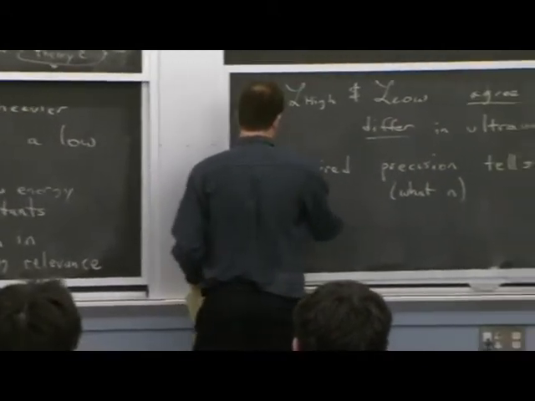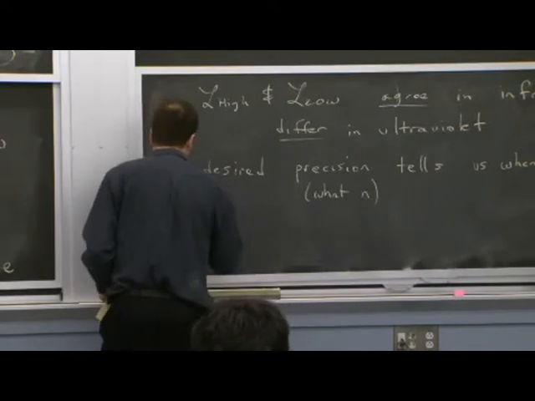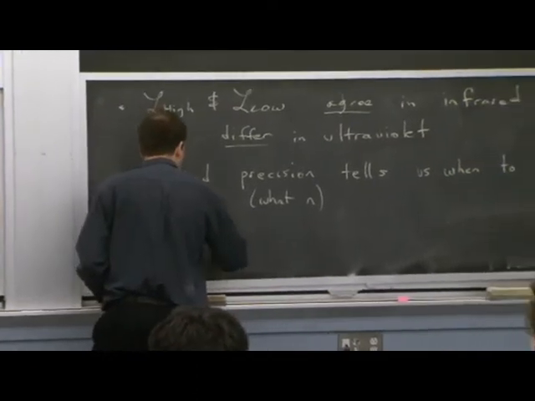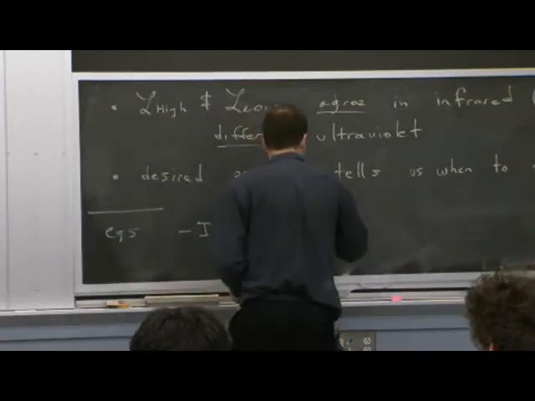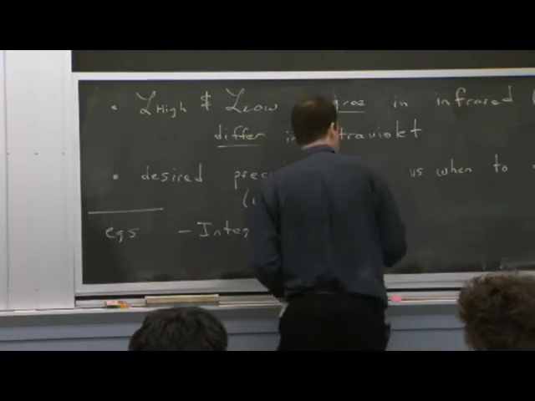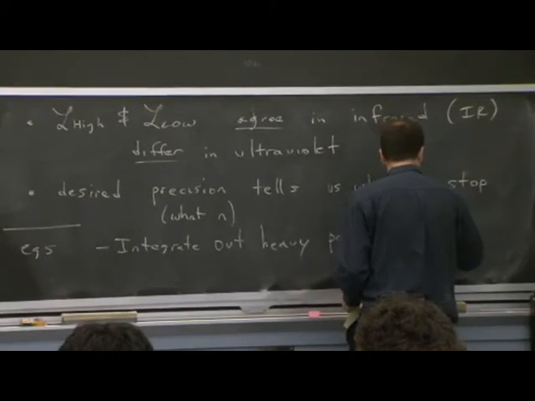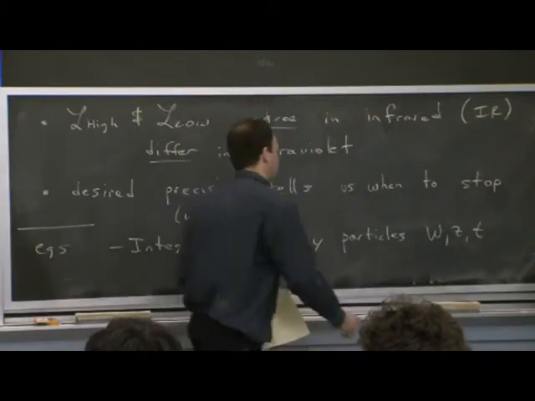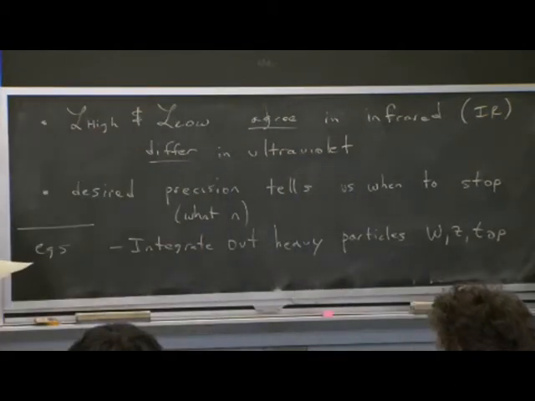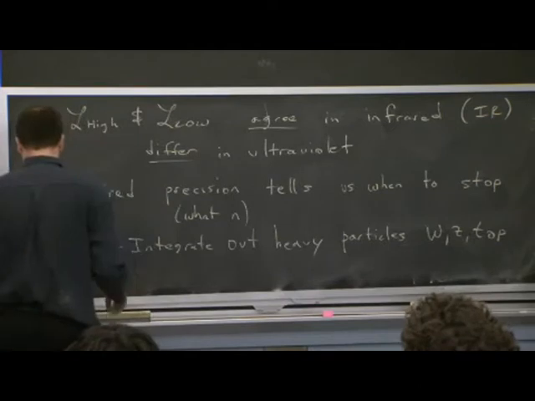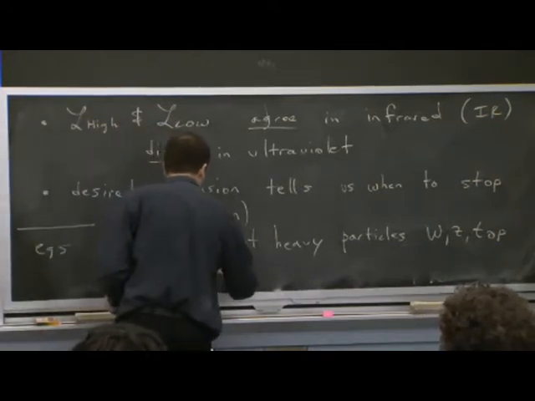So that's kind of a motivation, actually, for some of the examples in the standard model. If you think about, for example, integrating out heavy particles, like the W or the Z or the top quark, one of the motivations is sometimes what I just said, to separate out perturbative and non-perturbative physics. So that's one example. Heavy quark effective theory is also an example of this top-down